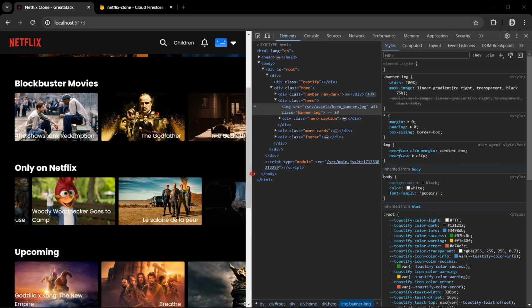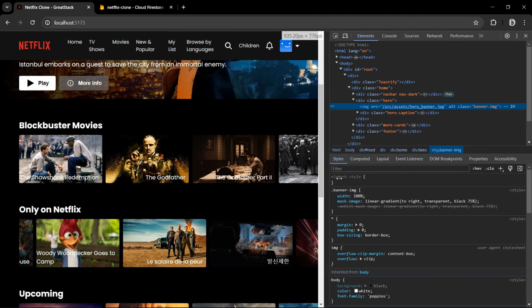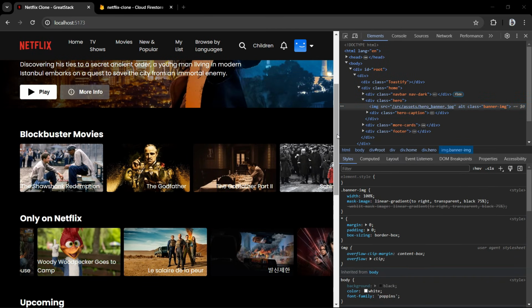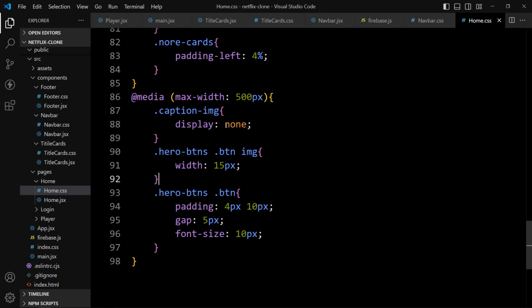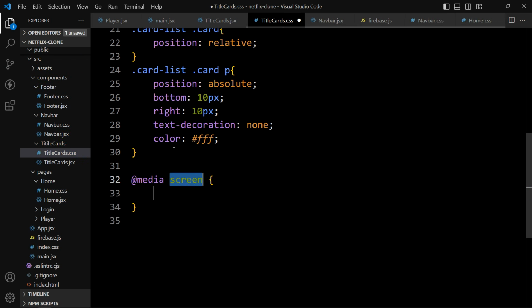Next we have to decrease the size of these thumbnails used in this title card so that it will look good in the smaller screen. So let's come back, and we will open the CSS file for title cards. In this one we will add the media query, we will add the maximum width,